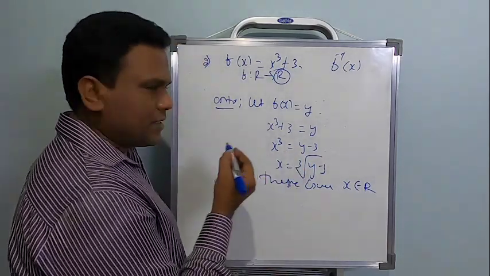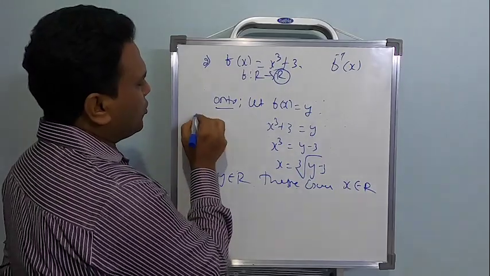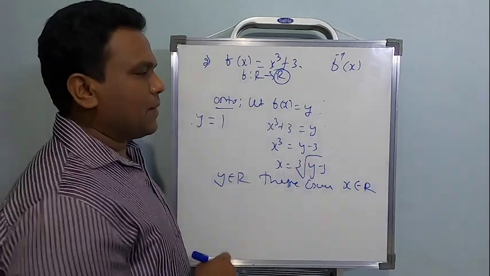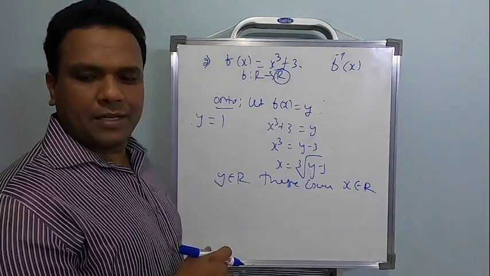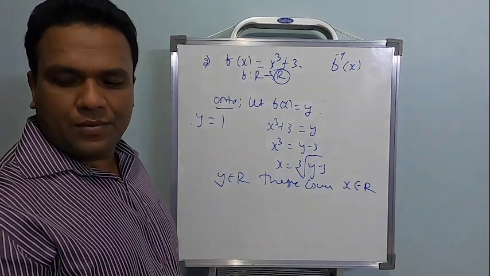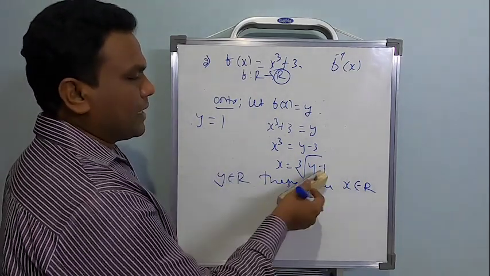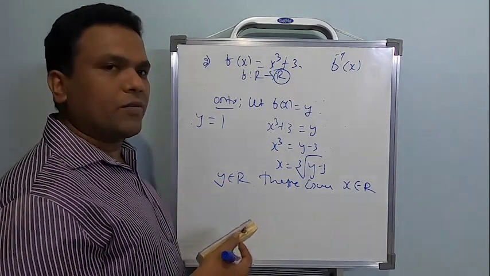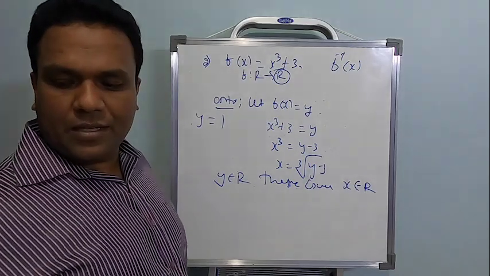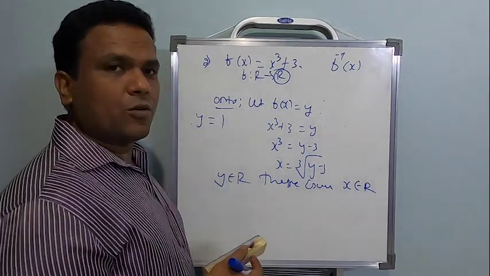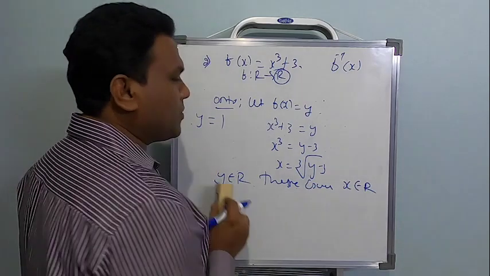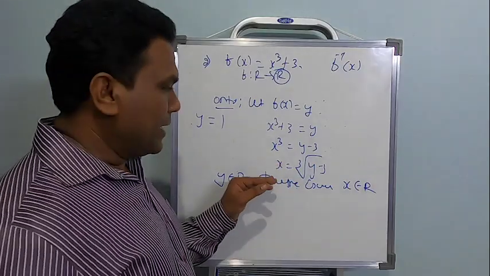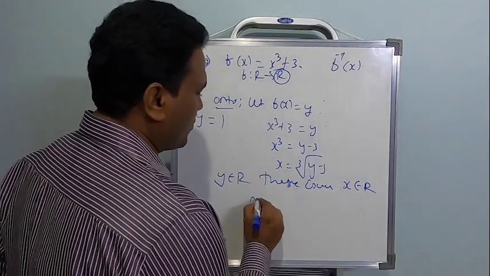Okay, so how to find? Just one example I will give you. Suppose I put y equal to 1. If I put y equal to 1, what will happen to this now? This will become cube root of minus 3, right? So it's possible to find the value, right? Now when x equals 1, I can find the value of y. Similarly, I can find for x equal to 2 and y equal to 3 also. I can put anything and find the value. So it is possible for me, for every element of the codomain, there exists an element x that belongs to the domain. Hence, the given function is going to be onto.